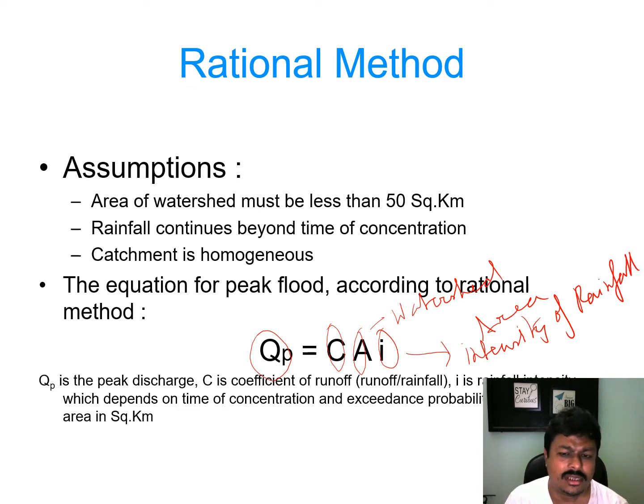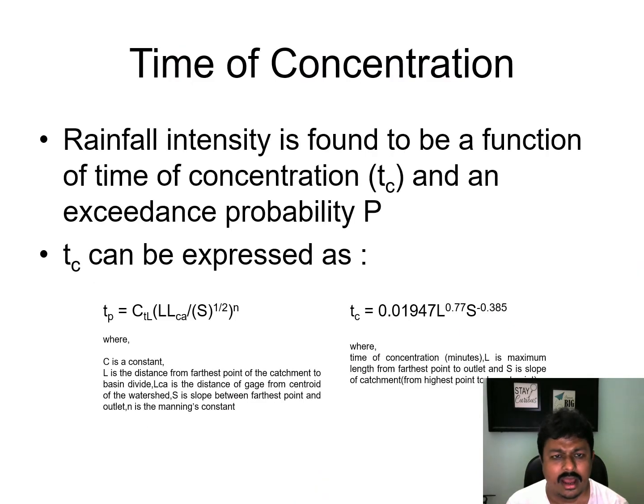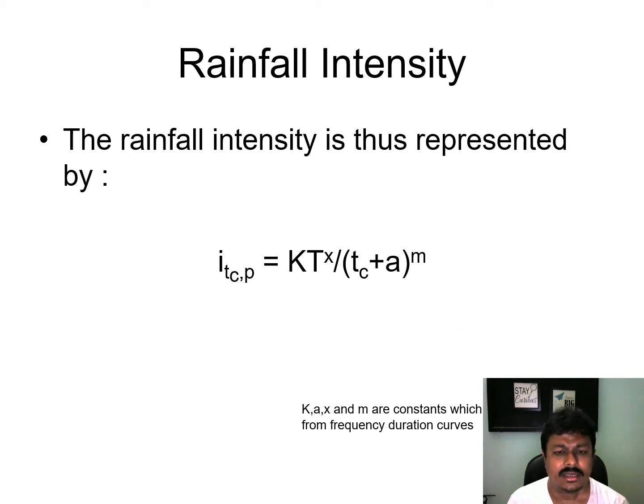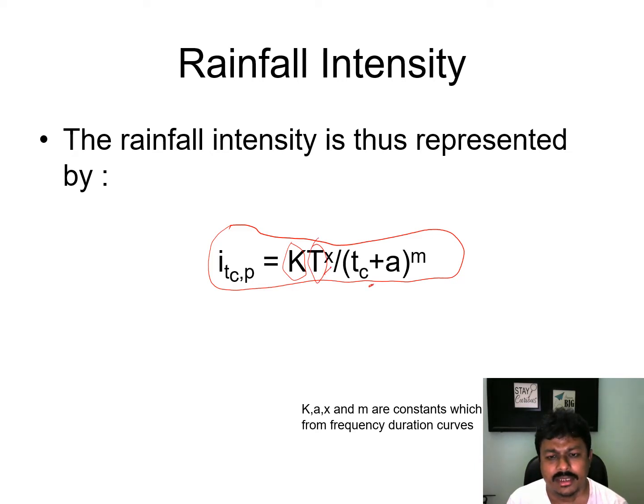Now this runoff coefficient is actually the runoff to rainfall ratio of that watershed. And regarding I, this I depends upon the time of concentration and the amount of rainfall. It is defined as I equals K T to the power X divided by (T subscript C plus A) to the power N. Here K, A, X and N are empirical constants. Tc is the time of concentration,